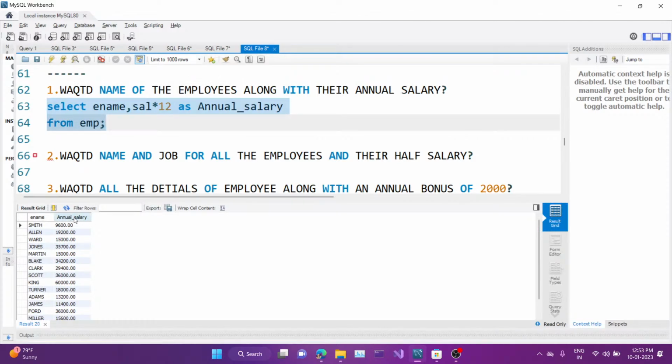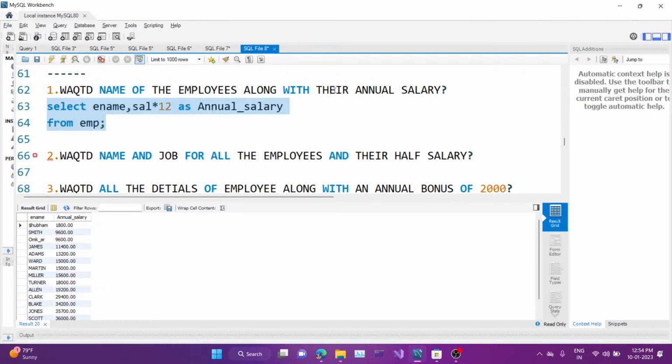Okay, if I execute the query, select ename, sal into 12 from EMP, then this column name is sal into 12, but I have to